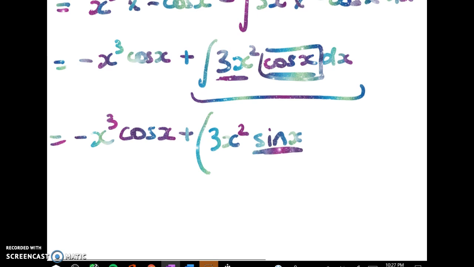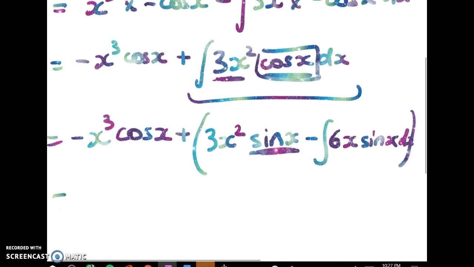So sine of x differentiates to cos x minus the integral of 6x sine x dx. So now the nice worked out bit at the front is negative x cubed cos of x plus 3x squared sine x